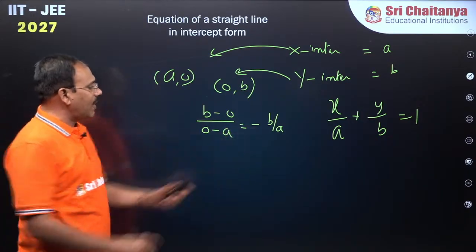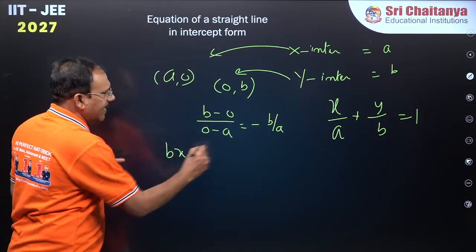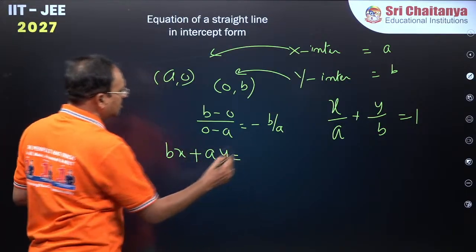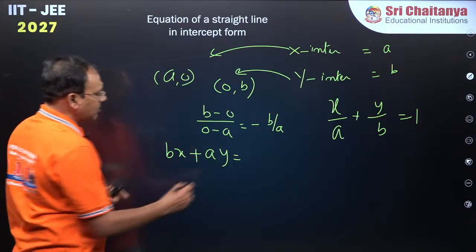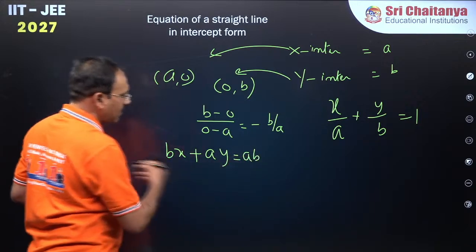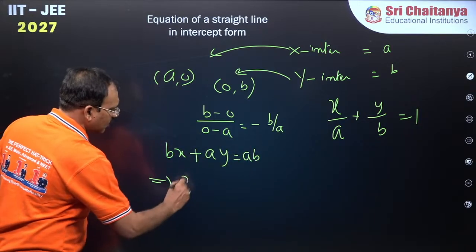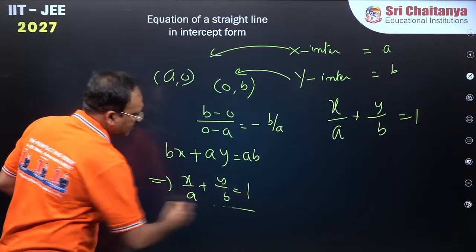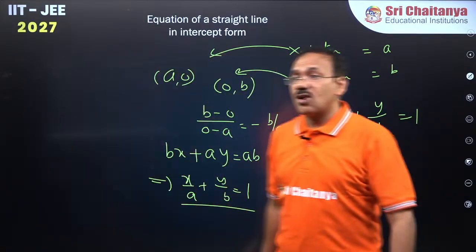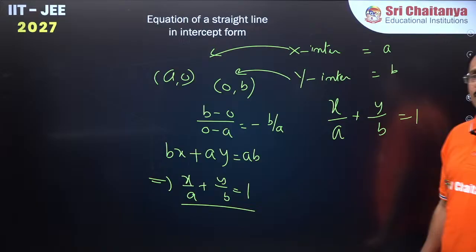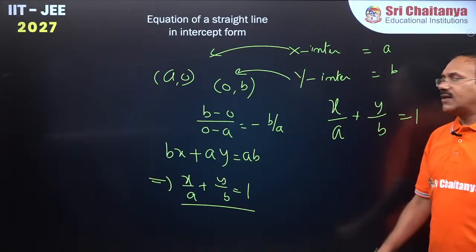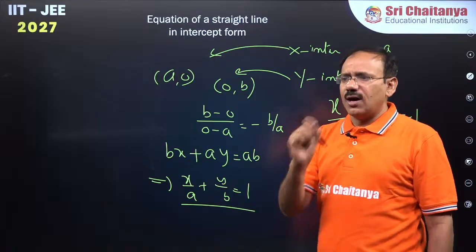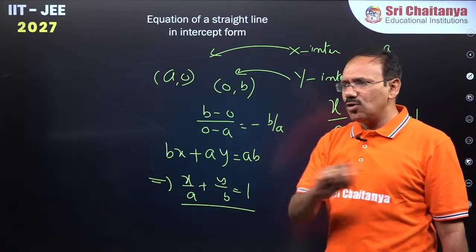If this is the point, dear students, this is the x coefficient, this is the y coefficient with opposite sign, equal to, substitute a comma 0, ab. You divide this by ab, you will get x by x-intercept plus y by y-intercept is equal to 1. This is called the intercept form of a line, dear students. Got it, everyone? So I have given so far one simple formula, one simple technique that can do most of the